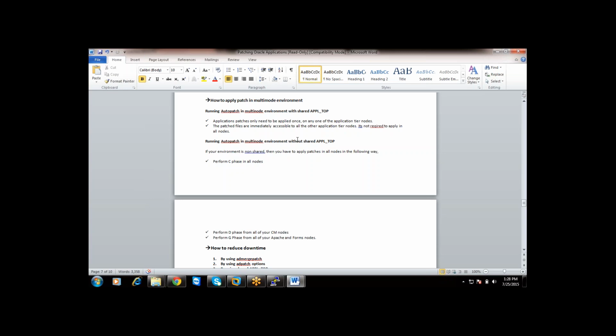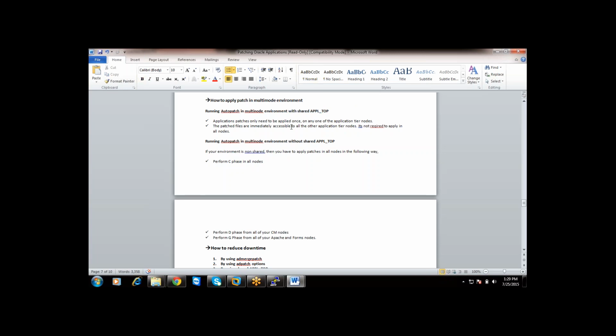But if you configure your application as shared AppleTop, you don't need to install AppleTop in three nodes. You install AppleTop in one node and share that AppleTop with the other nodes, so the servers on the other nodes use the same shared Oracle application.